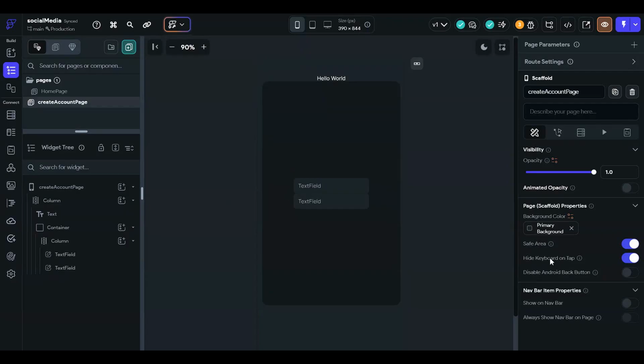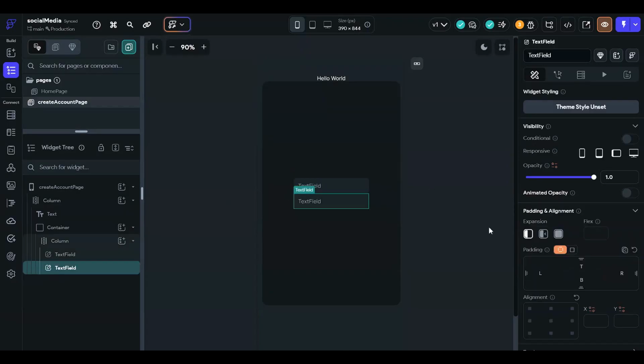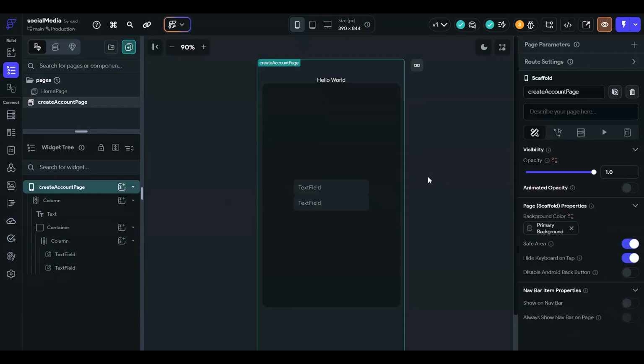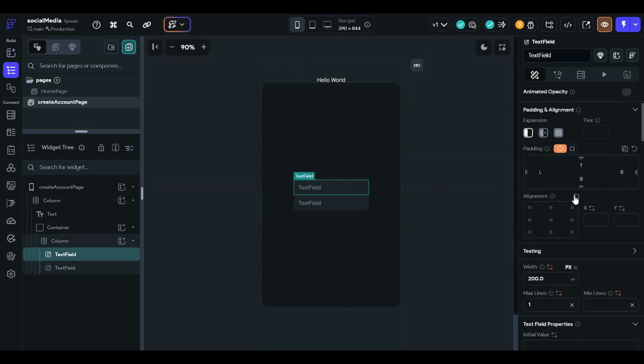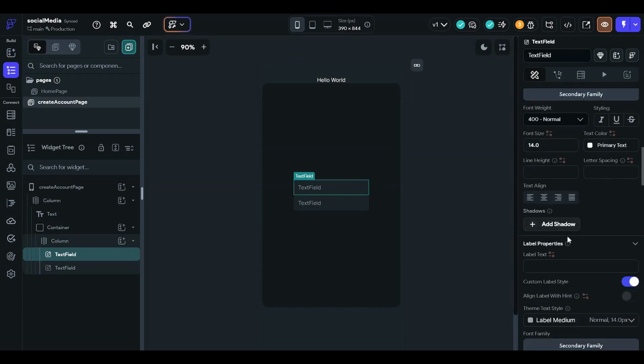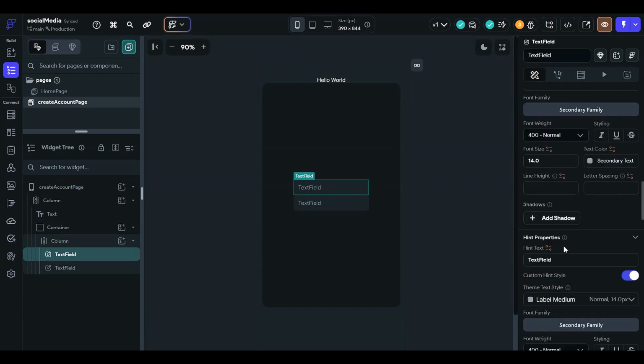And now we are going to change the hint text to email, as the user will put their email in this box, and the next text field will be password.